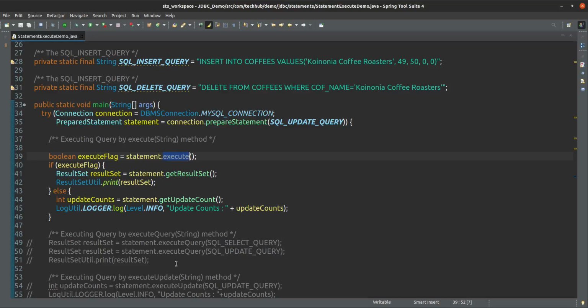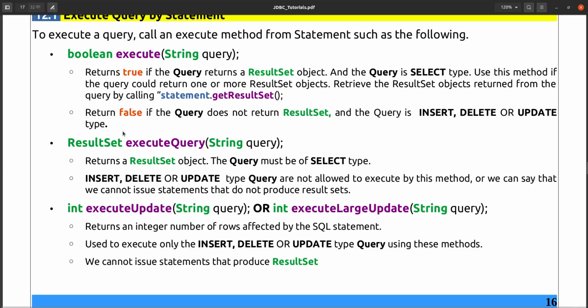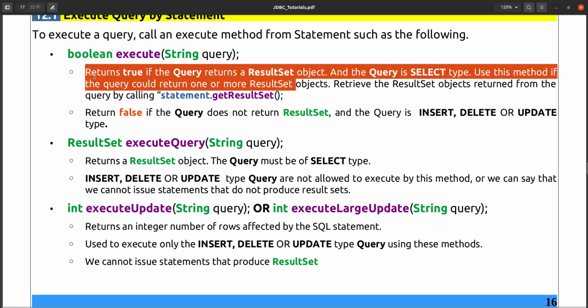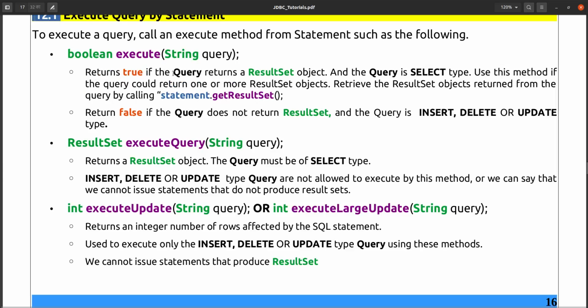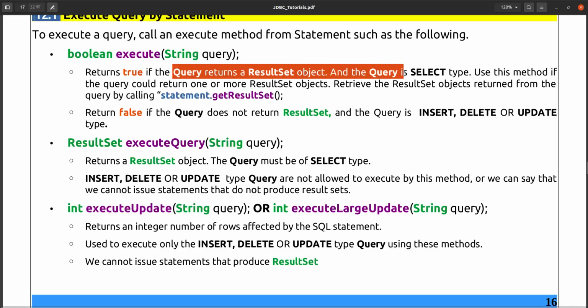Or if it is a select statement, in that case the flag will be true. If the flag is true, then you can get the result set. So from this description we can understand: return true if the query returns a result set object and the query is a select type.